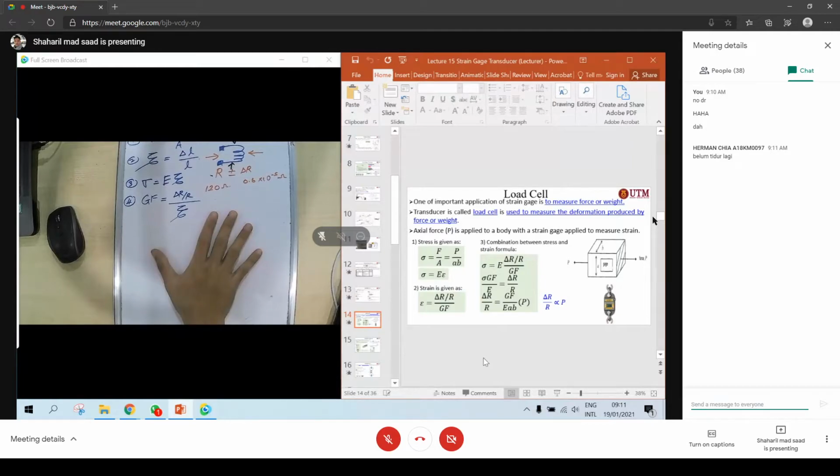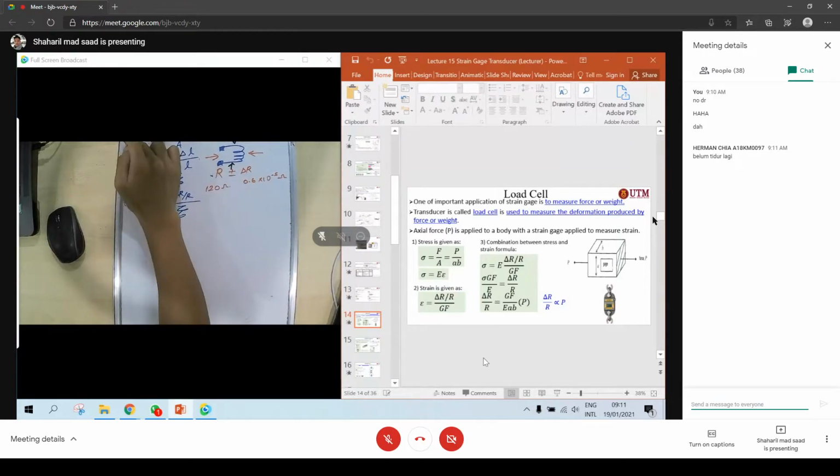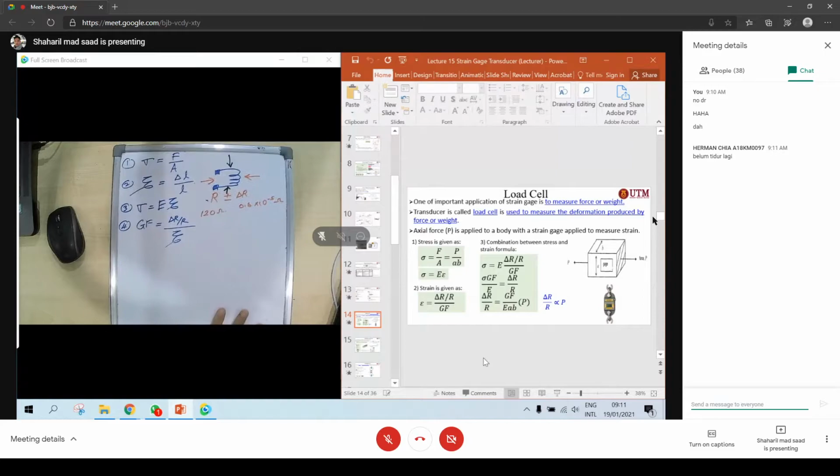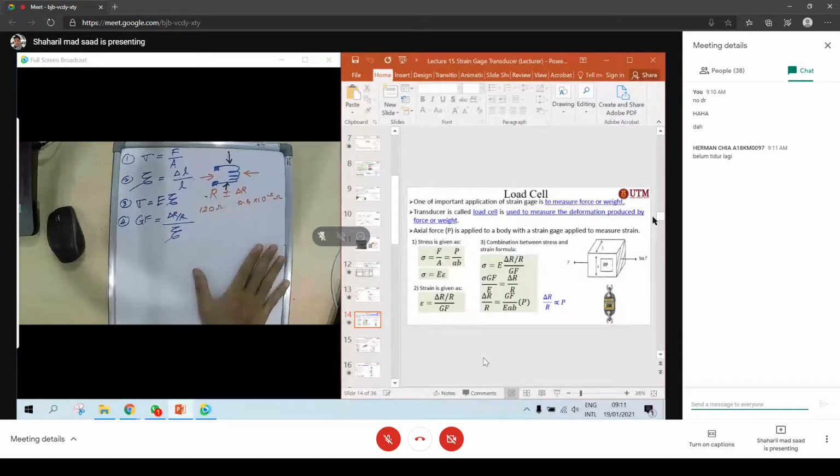Next. We already know about the 1, 2, 3, 4 formulas there. So let's look at the load cell. Load cell means you apply